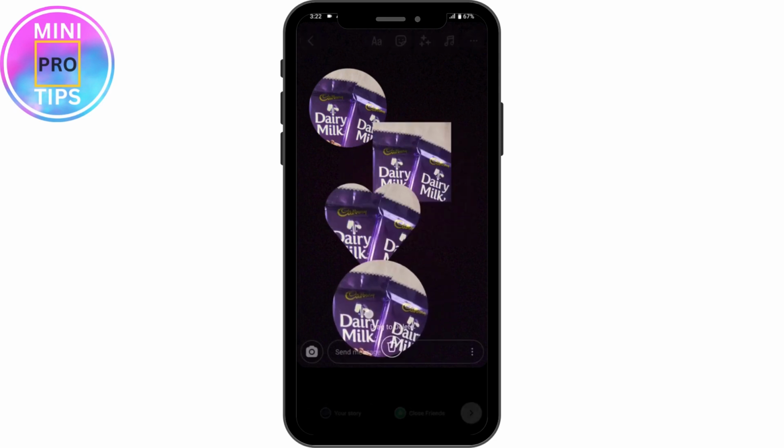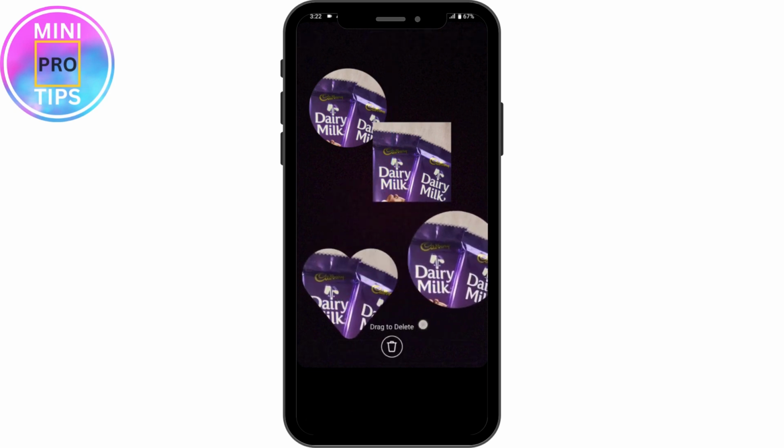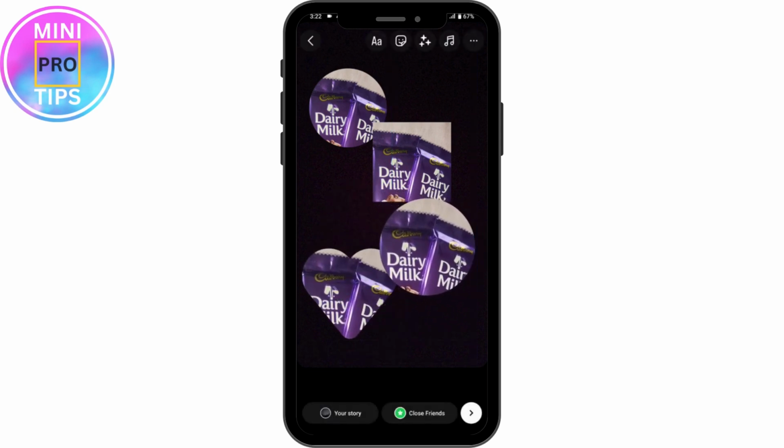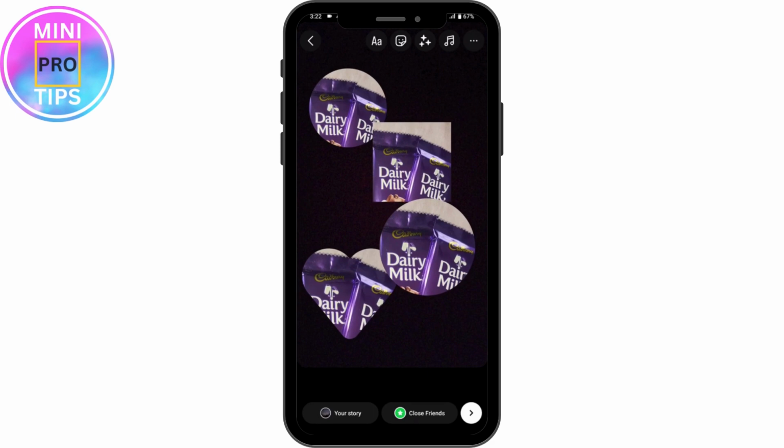And that's it. Once you've chosen, you can simply adjust that wherever you like, and once it's done, you can tap on the next or the arrow icon, which is on the bottom right, and then you can tap on share. So that's how you can add photos in different shapes to